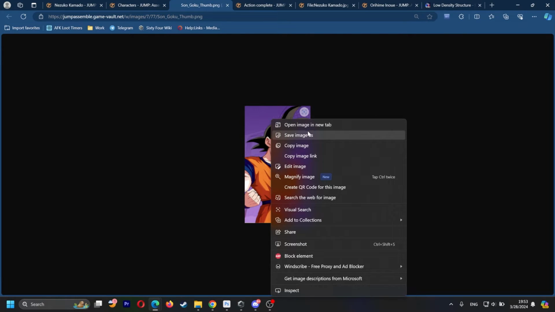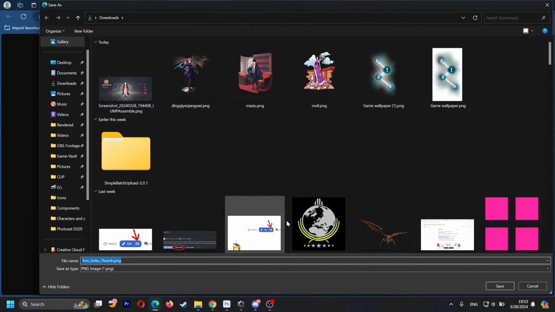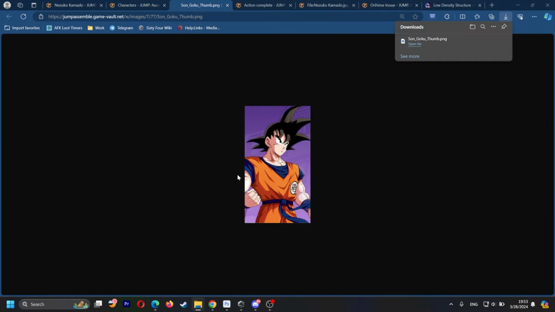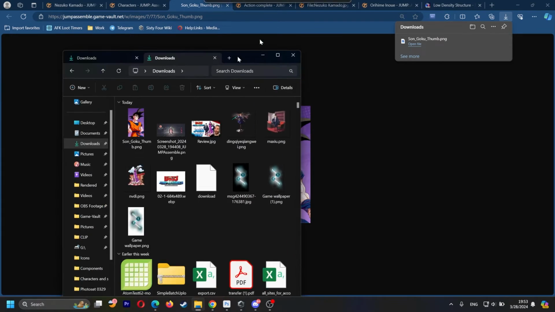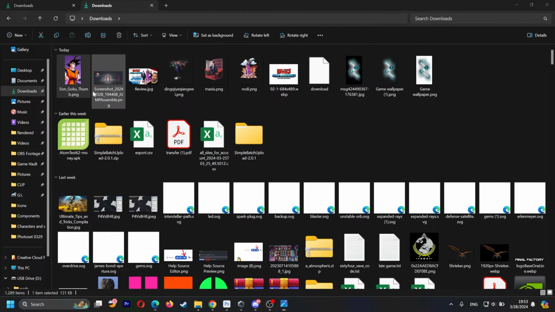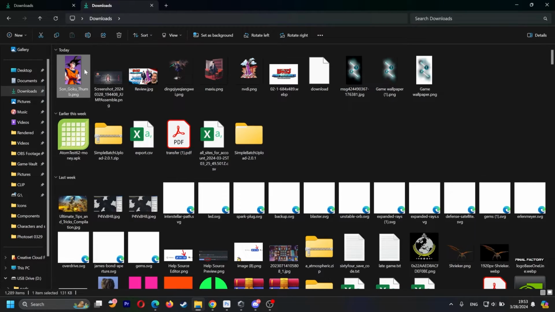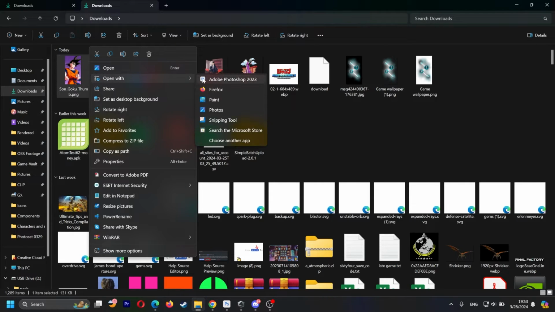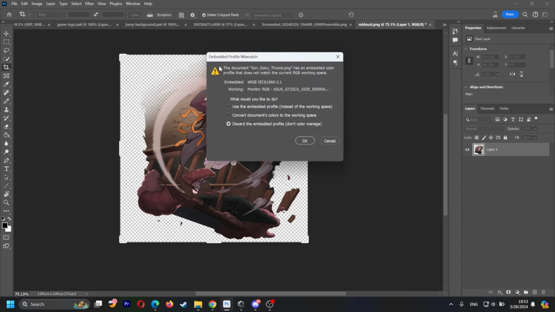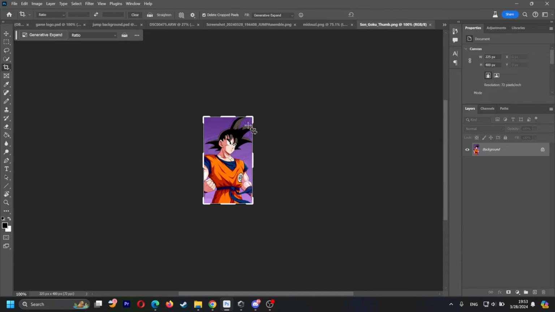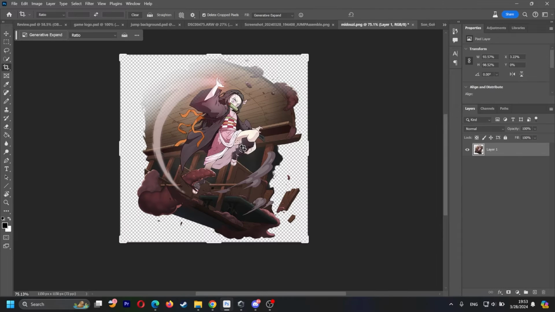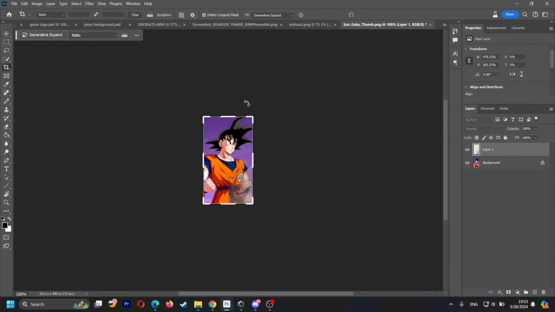Where is it? Oh my god, this is not Chrome. There we go. You can save it. You can open that image with Photoshop. That's not Photoshop. Come on. Or whatever picture editor that you use. Okay, and that will show you the size of the picture that you need for the specific part of the website. So let's use this picture over here